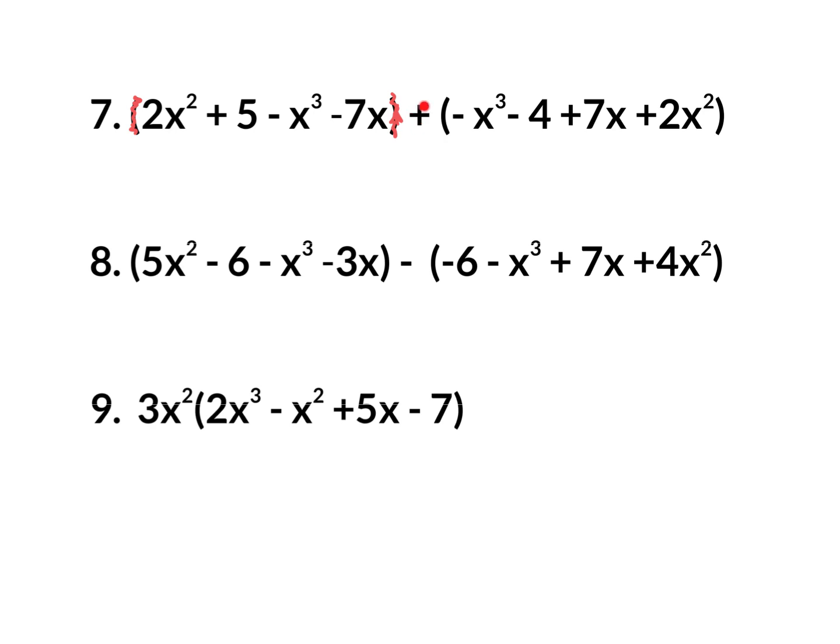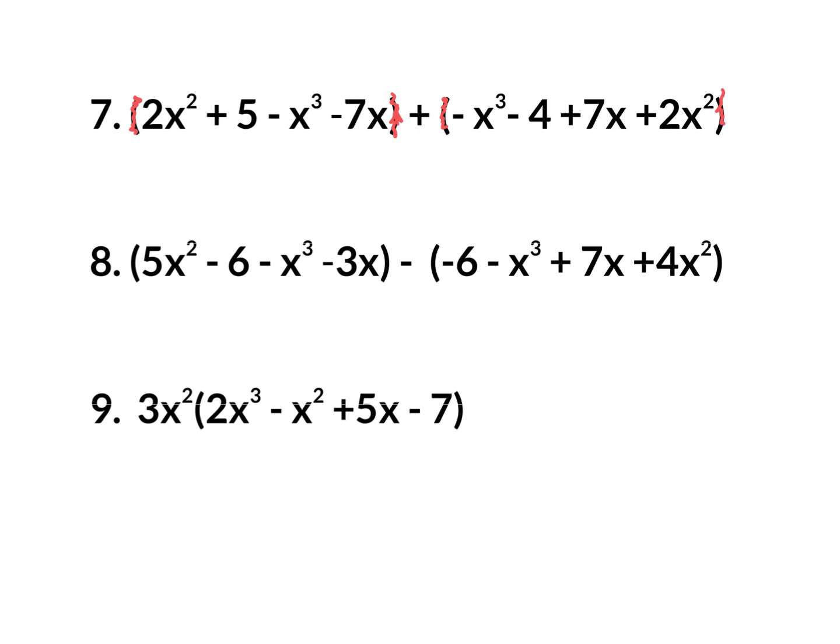Do I have anything to distribute over here? Well, there's a plus sign. But if I distribute a plus sign, like if I wanted to give it a number, it would be a positive 1. But if I distribute positive 1, like 1 times negative x to the third is going to stay the same, right? So when you're adding two polynomials, you could just ignore the parentheses and jump right into combining